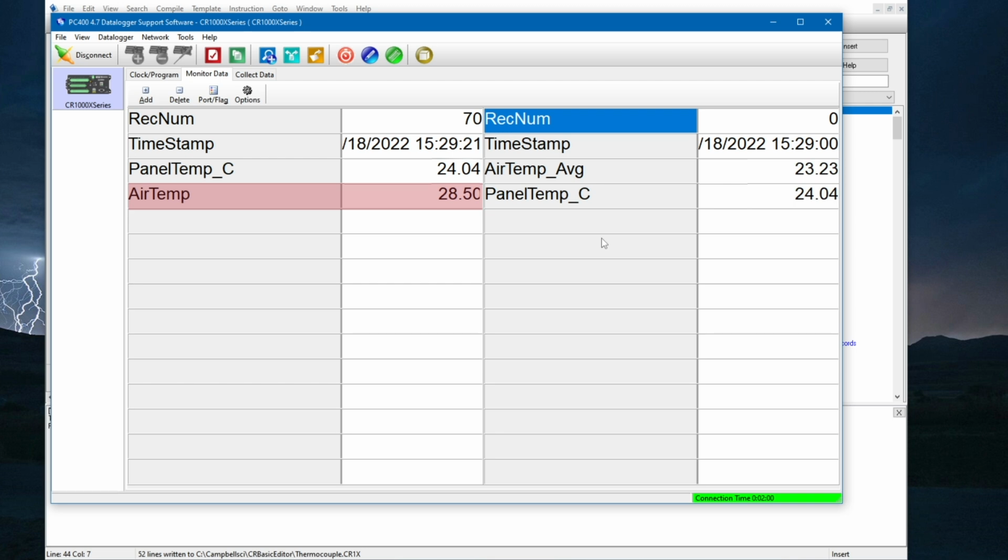If the temperature goes down when the thermocouple is heated, it indicates the thermocouple is wired backwards. Make sure that the wire with the red stripe is attached to 2L. In the 1min table, I see the average air temp, which in this case is an average of 61 second measurements.